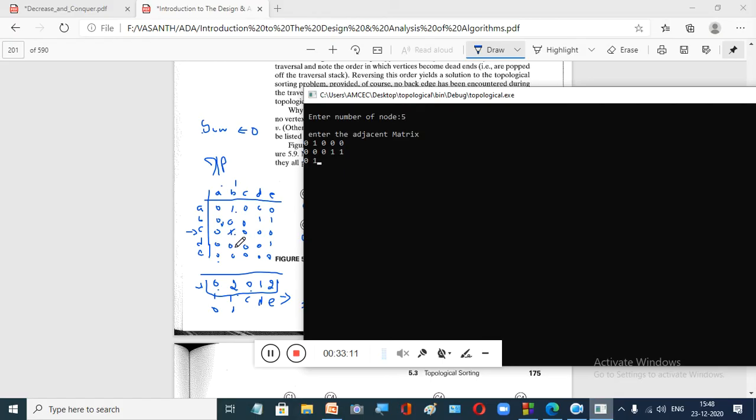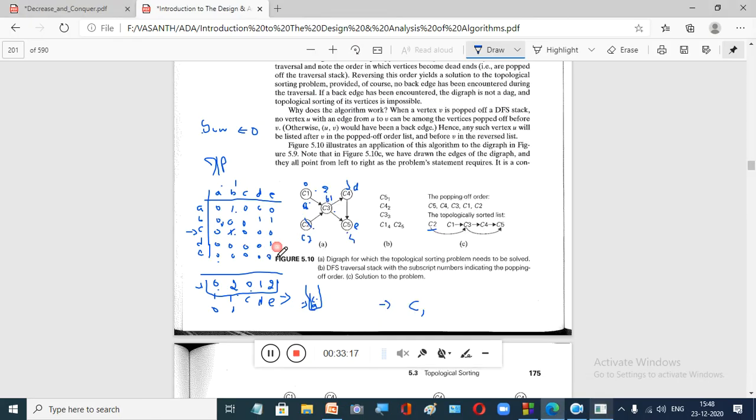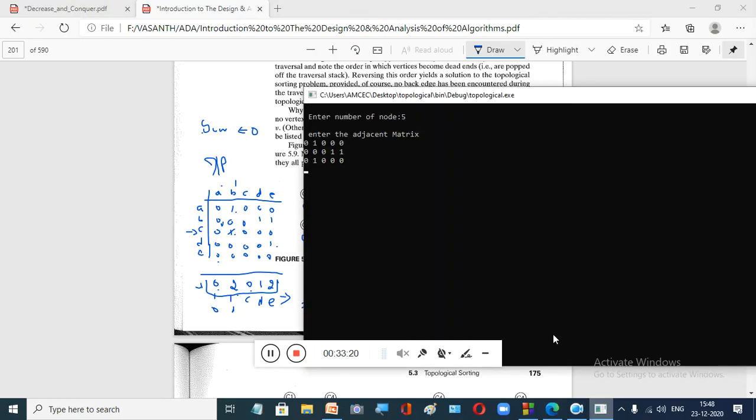Then 0 1 0 1 0 0 0. Next, the fourth row, 0 0 0 0 1. The last row, all values are 0. So now we have given the adjacency matrix, right?